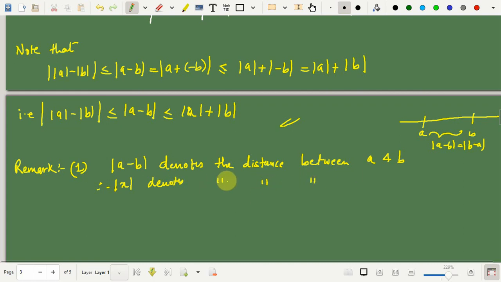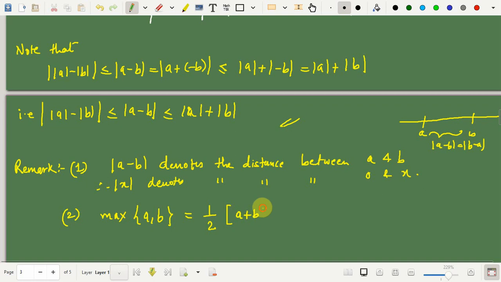x can be written as x minus 0 or 0 minus x, so 0 and x. Okay. Second remark is the observation one can make through this modulus. So, if I have two real numbers, say a and b, then how do we denote the maximum on the real line? This relation is also important, as we may use it further.